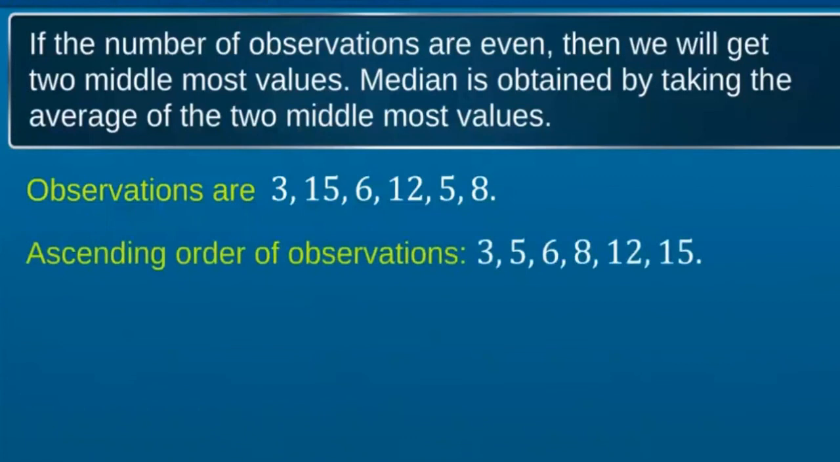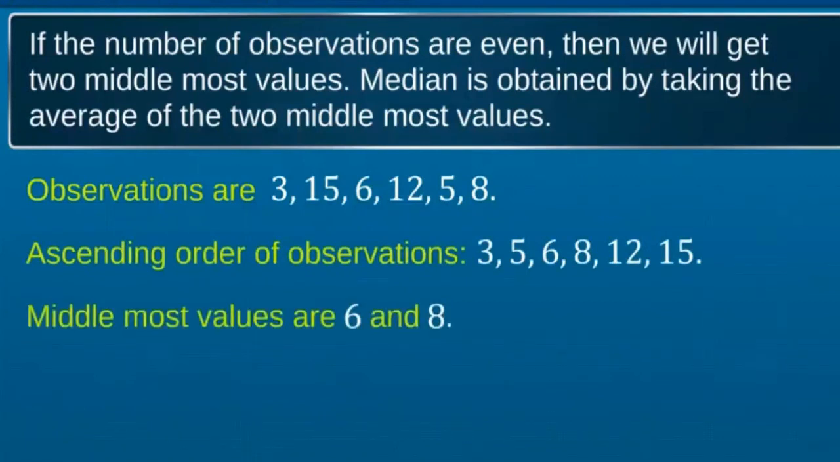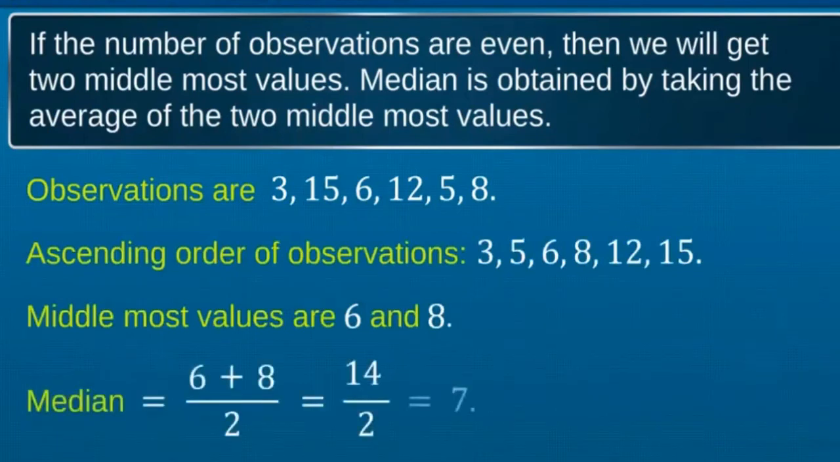When arranged in an ascending order, 6 and 8 are the middlemost observations. The average of 6 and 8 is 7. So, the median of these observations is 7. Okay, so now you can write down this. If you have the observations 3, 15, 6, 12, 5 and 8, first you have to arrange them in the